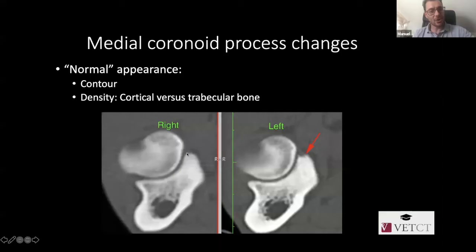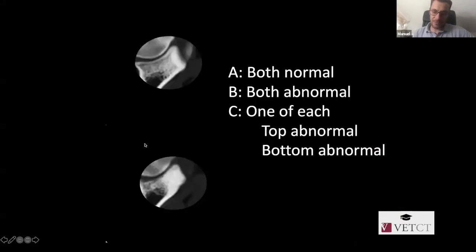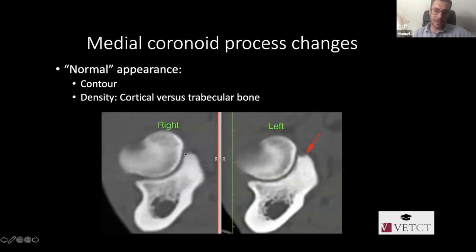What they would assume as normal. But that would not be normal if this was a pug, for example, or depending which breed it is. Some dogs will have a much pointier kind of medial coronoid process. And other dogs almost have it a bit square, like it almost looks like a chunk is